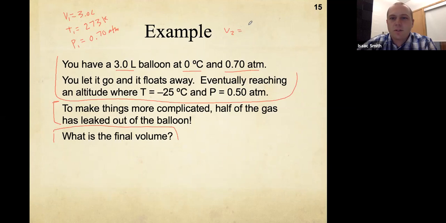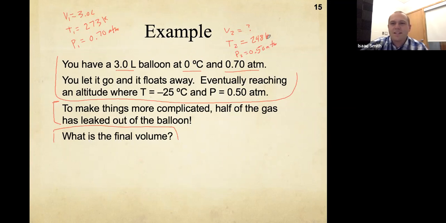Our final volume is what we're trying to calculate. It reaches an altitude where the temperature is -25 degrees Celsius. Let me pop that into the calculator real quick: 273 minus 25 is 248 Kelvin. And our final pressure is going to be 0.50 atmospheres. So you can see at this point, we've seen this before, like, oh, I could just use the